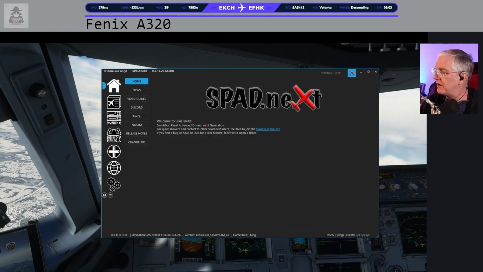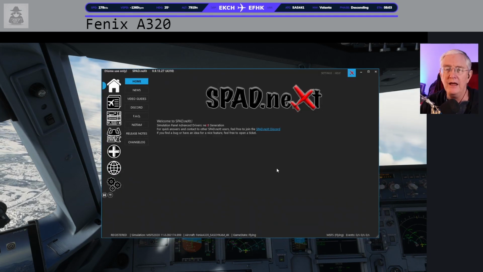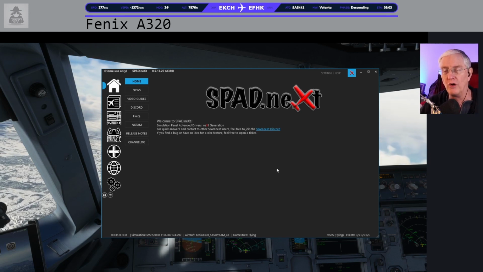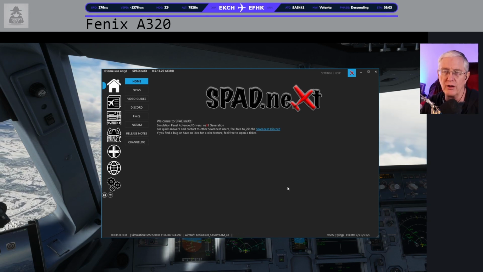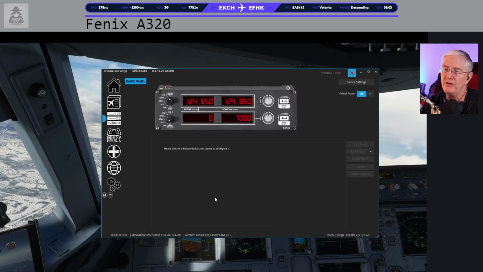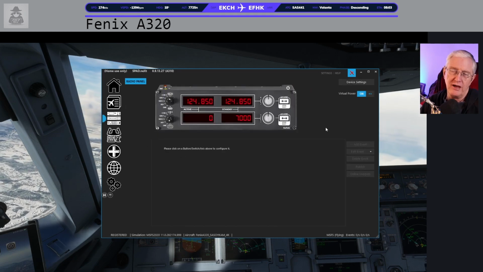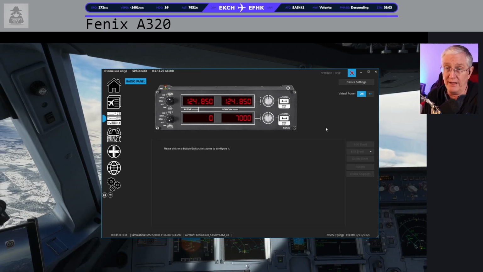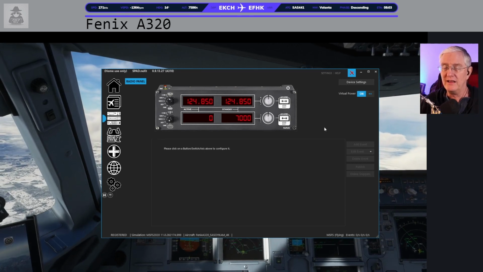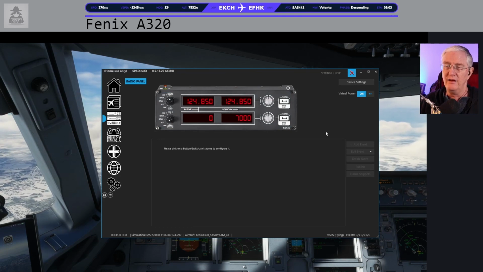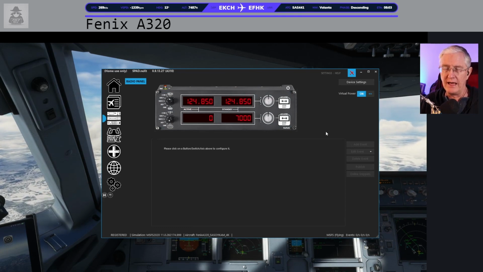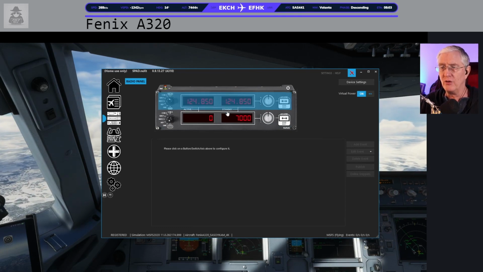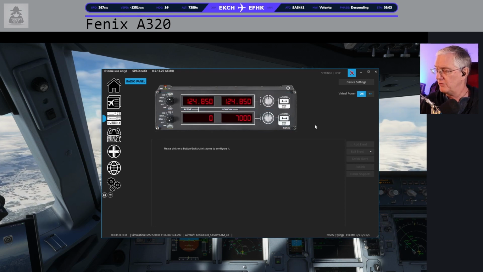Now, this is SPAD.next. This is a great way to get a lot of really cool control over your yoke, your side stick, your throttles and stuff. But it also gives you access to this. This is the Logitech, and I'm not sponsored by anybody, so this is what I really think. I really think that this is a great way to control your radios, and especially controlling your radios when it comes to your